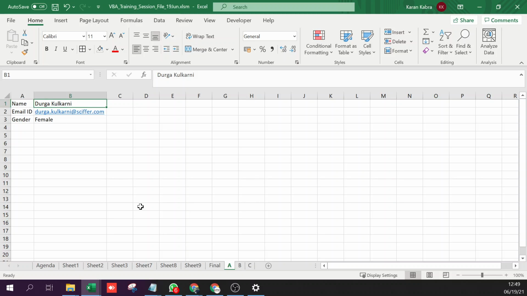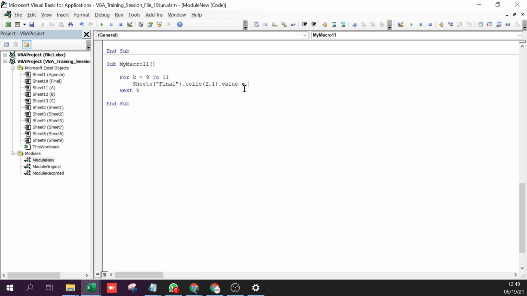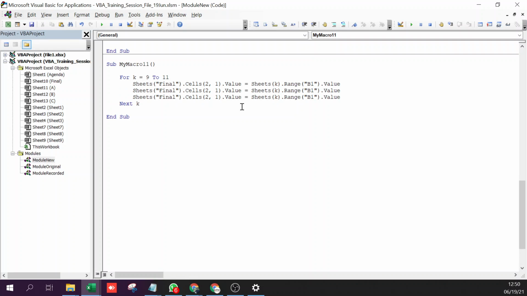You can even say B1 directly, that's fine. So sheets K dot range B1, because it is a very hard coded cell, so that is totally fine. How many values do we want to copy? 3. So 2 comma 1, 2 comma 2, 2 comma 3. B1, B2, B3.